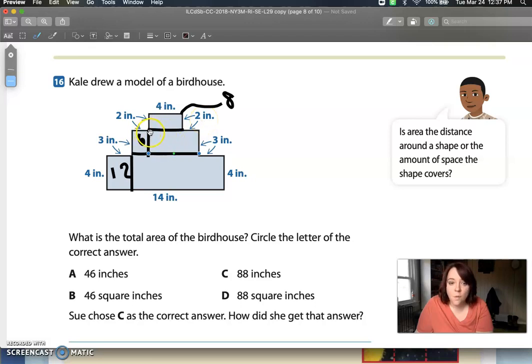So we know that this whole line all the way through here is 6. What is 6 times 3? If you said it is 18, you are correct. Nice job. Next, we have to find